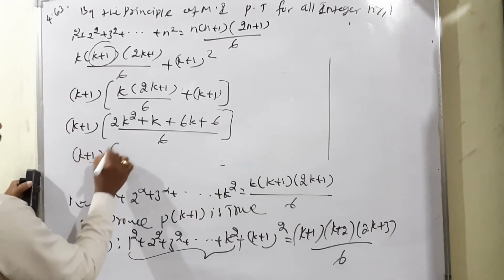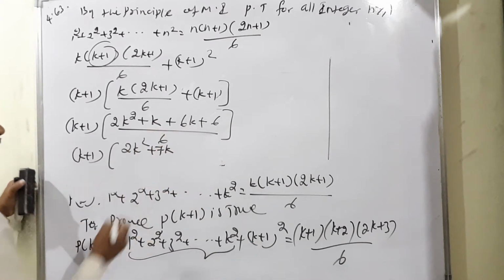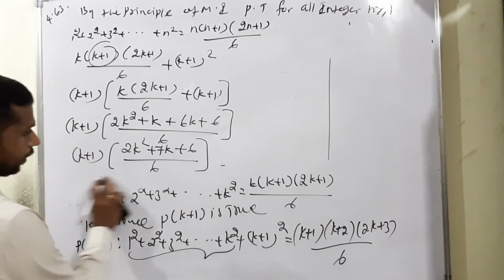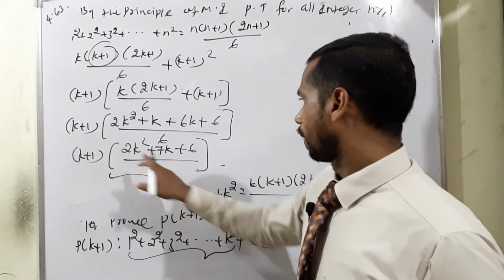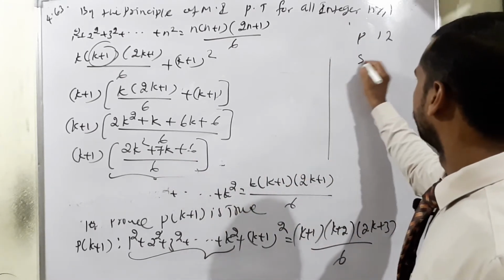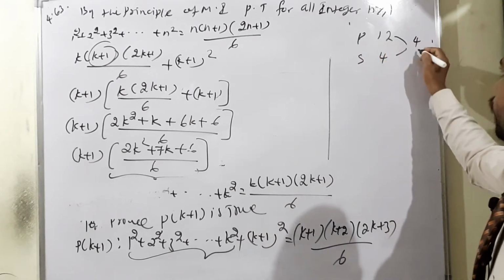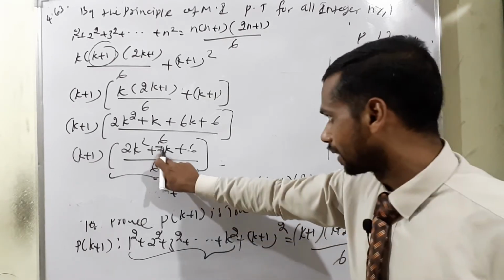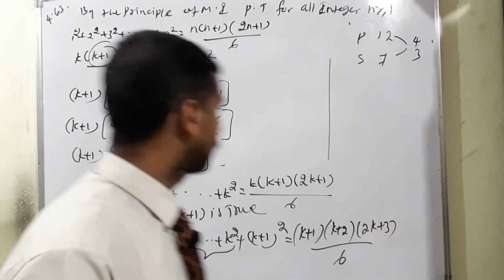Again k plus 1, then 2k square, 6k plus k means we can write positive 7k plus 6 divided by 6. This we can take for the sum product rule. So in the sum product rule, product means 2 into 6, 12, isn't it? So product means 12, sum means 7. So definitely, if the product has positive sign, 4 and 3 possible, no? 4 threes are 12 positive, again sum means 7, no, 7k. So 4 plus 3 is equal to 7. Therefore we can write it.